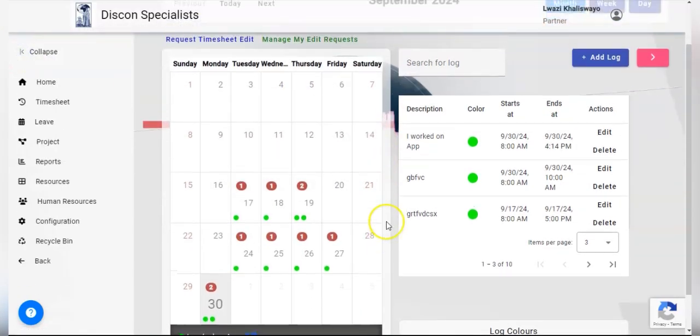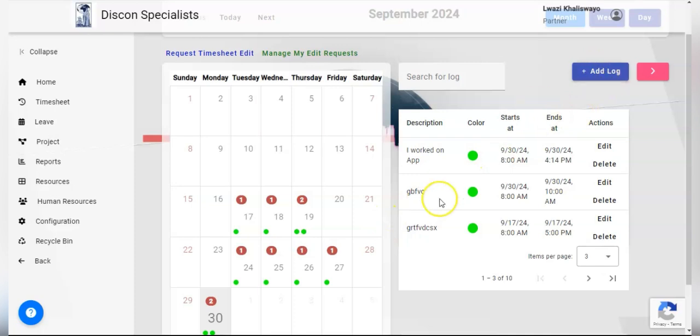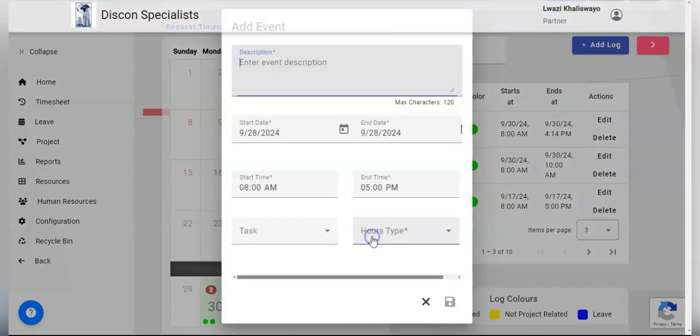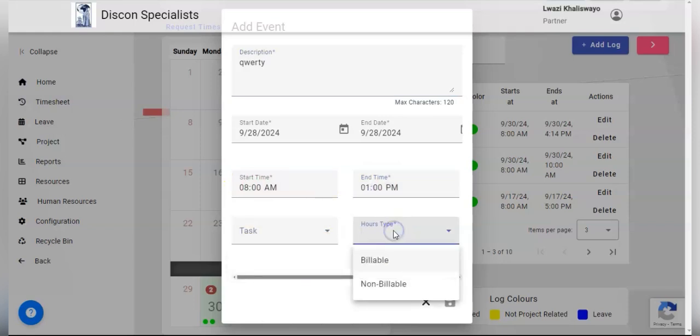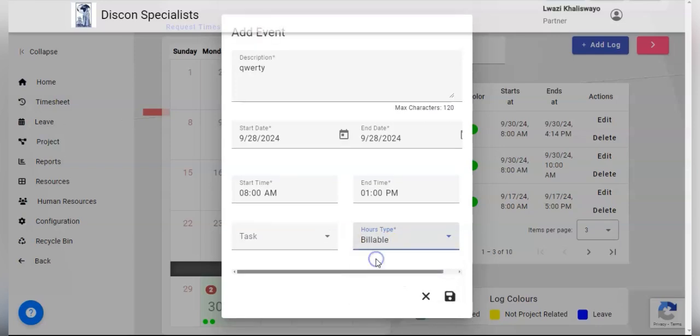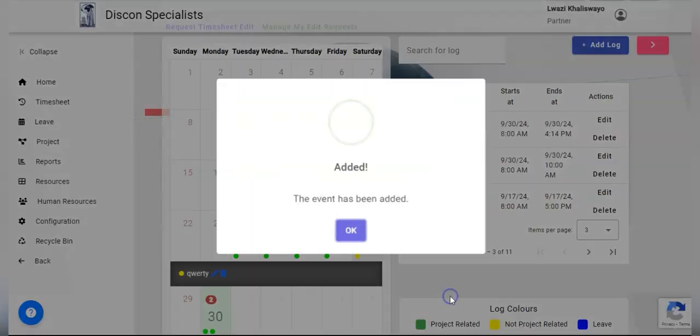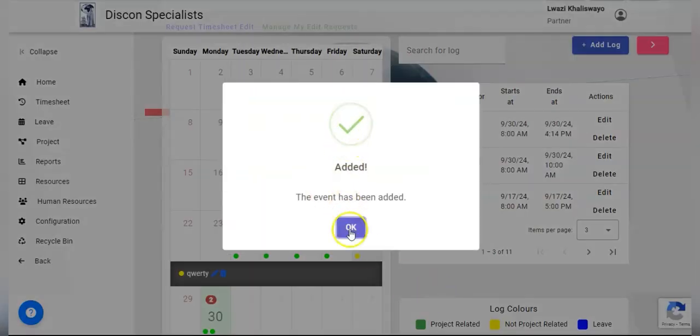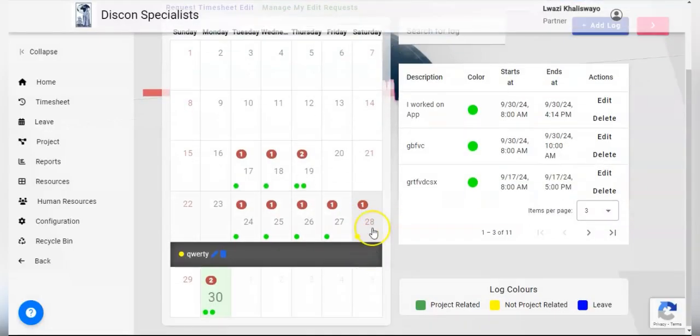So if you'd like to add a log, you can either click the add log button or double click on the day you would like to add a log. So the 28th, just enter the description, the time you started, and the time you ended. Then you'd select the task and the type of work you're doing, billable or non-billable. You select billable, click save, see the task was successfully added and has been added right there on the 28th